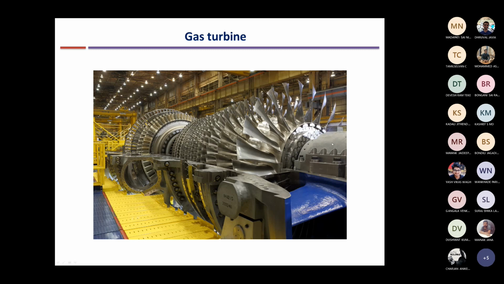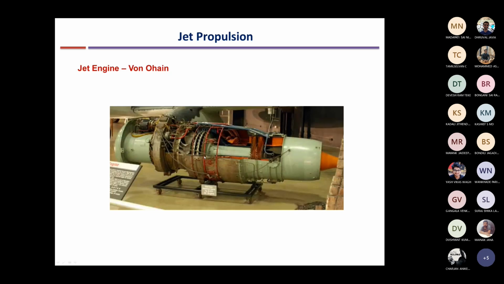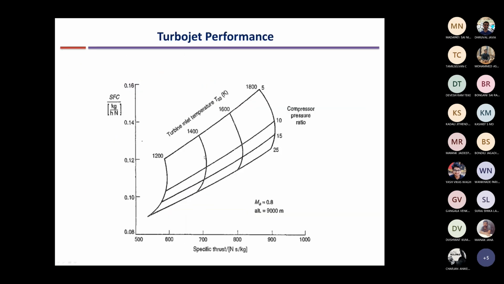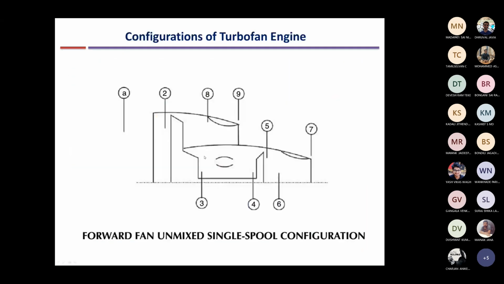Each set of rotor blades is like a fan, but with more blades. Normal fans have very few blades. Here you can see the number of blades is much higher and they are much more curved, because we can get much more pressure increase because of that. So we will start with centrifugal compressors. The mathematical part we will start from tomorrow.